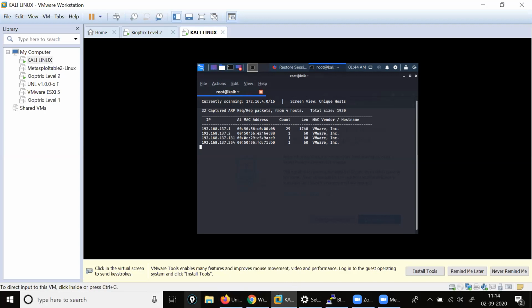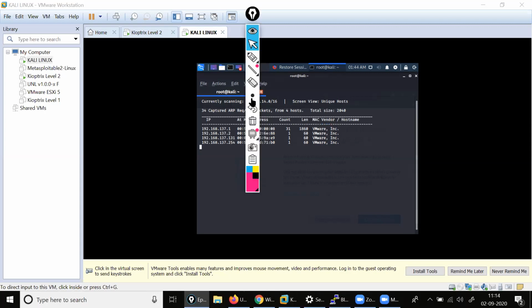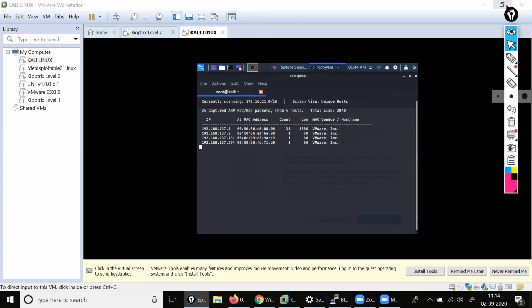A second. Okay. This is the IP address, 131. Clear? So with the help of this IP address, I will start the Nmap scanning. Okay, a vulnerability scan I will do.